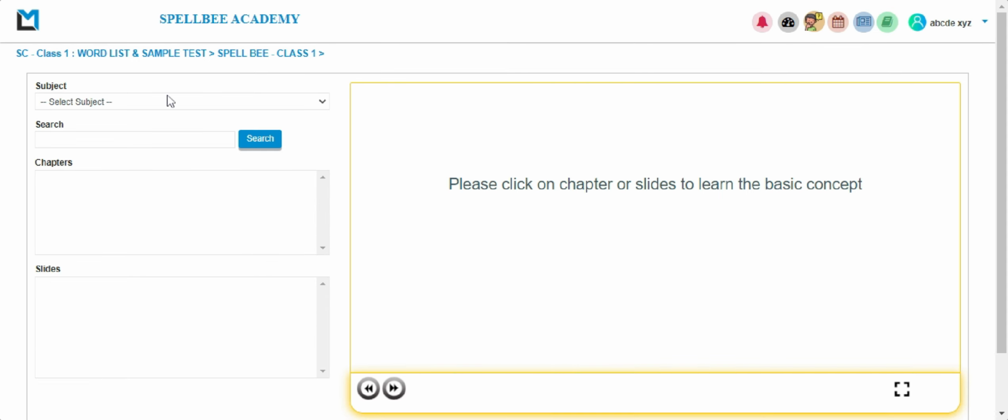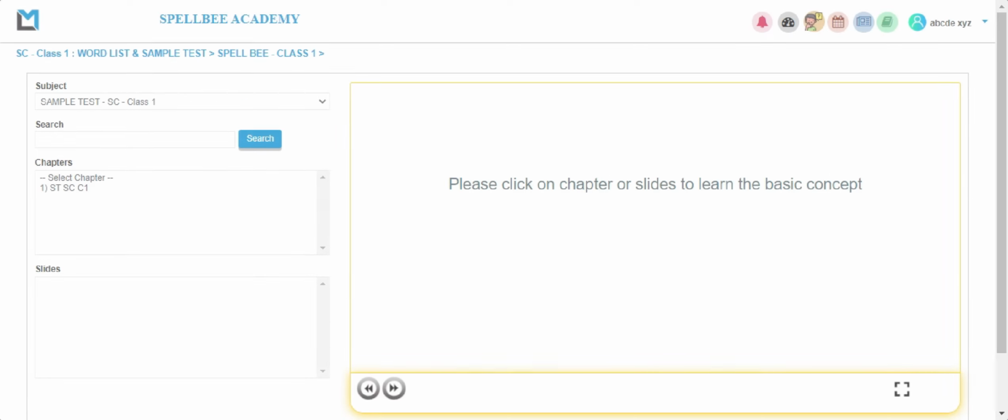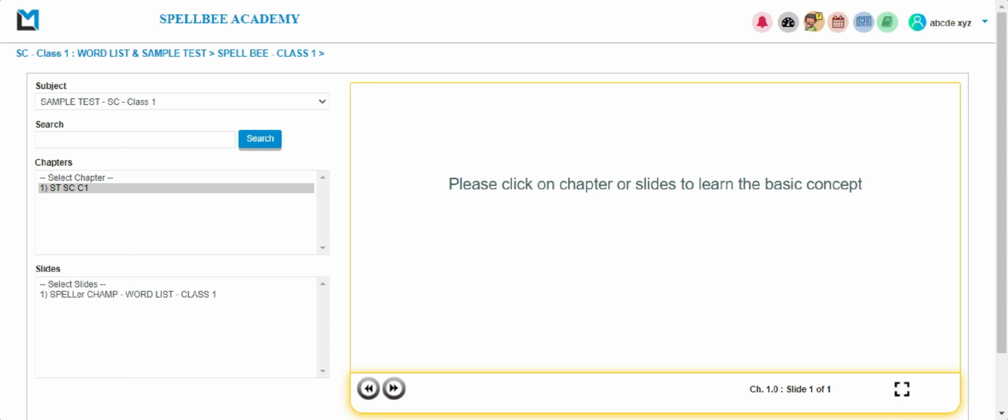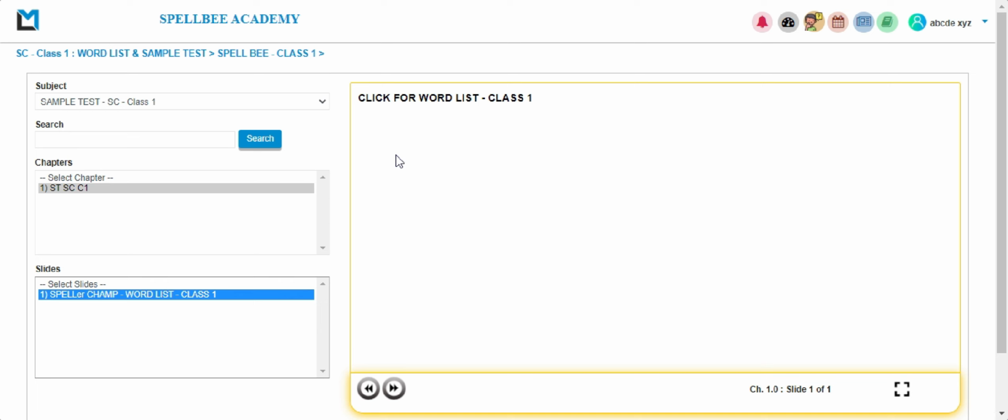What you have to do here is select the subject, so sample test over here for class 1. After clicking, a few seconds, you have to have patience, and then this will appear. Select chapter, just click on this. Again, a few seconds of patience is requested. Post that, this will appear, slides. You click on this, and then click for word list class 1 will appear. You just click on this,